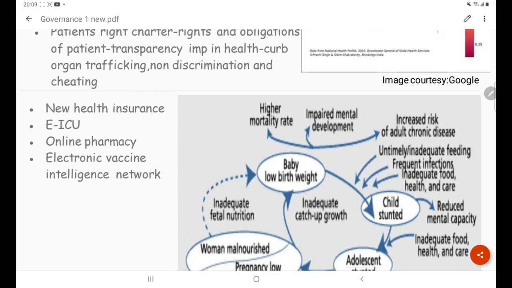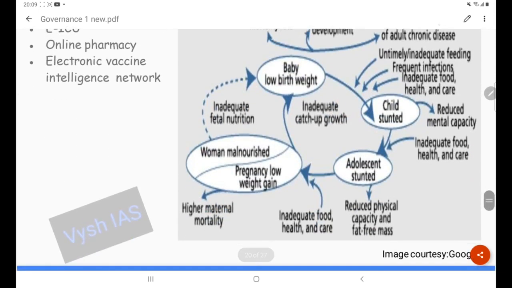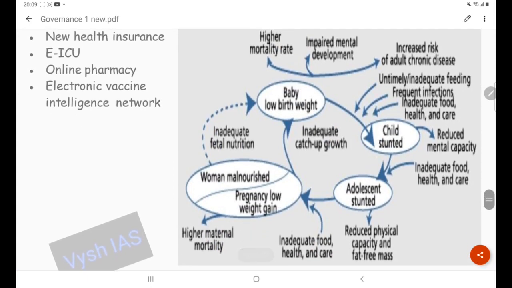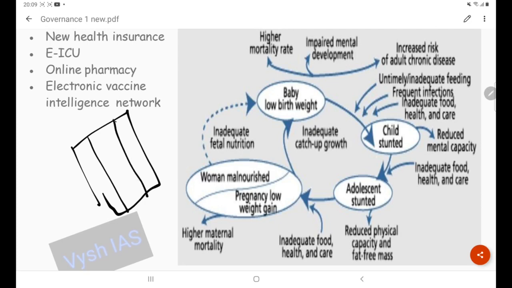Then see, this is a flowchart of how you can write. This kind of flowchart is going to boost your answer. See, in a mains answer sheet, your paper will have two borders. This is the space you are allotted to write the answer. If you are writing essays, that is not smart work. So what you can do is include some innovative flowcharts, so that the examiner finds it easy to look at, and your answer will also have much content.